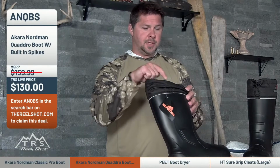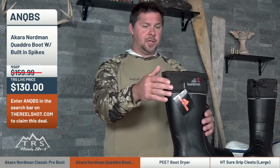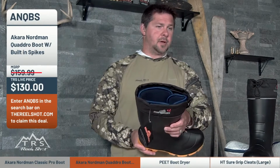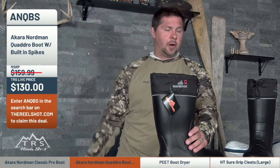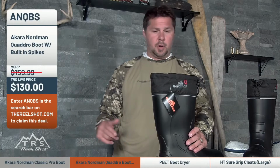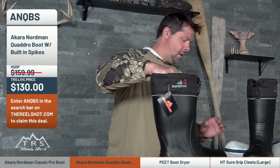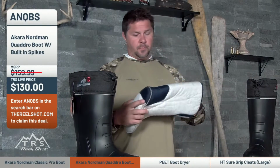So right here, you can see here's the start of the liner, or the end of the liner, I should say. There's not much difference. I mean, it's about an inch to the top of that gator that's in there. So you're covering not only the foot portion, but you're darn near all the way up to the calf with all that liner that's in there. And again, like we talked about with the Classic Pros, the fact that this liner is removable